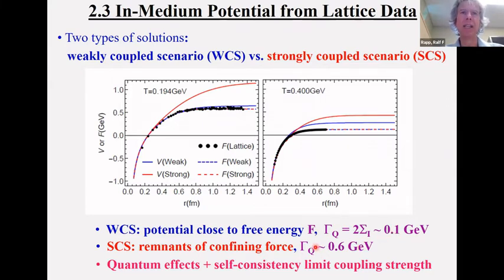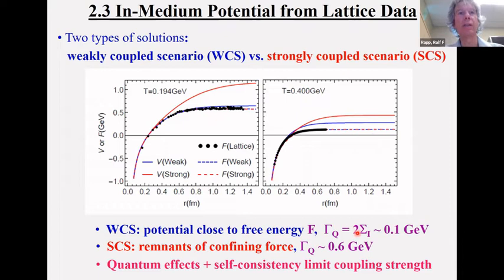for the heavy quarks. So there exists this non-trivial solution that, however, is in a way self-limited, because it's a self-consistency problem between the strength of the potential and the magnitude of the width. As I argued before, it's the magnitude of the width which drives the potential away, but then it has to be consistent with the width or quantum effect. So the quantum effects and self-consistency, in a way, limit the coupling strength. You cannot go to arbitrary coupling. It is limited by the self-consistency in terms of the large widths.